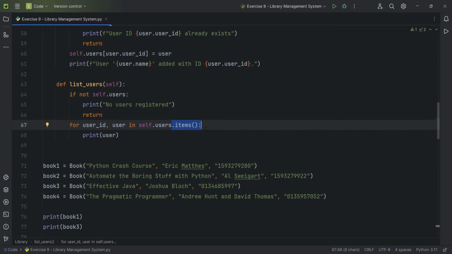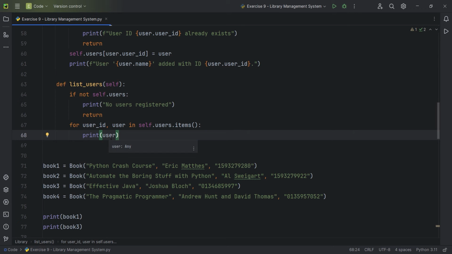Again, something that we've explained many times when it comes to dictionaries. Basically, the .items returns a tuple that is the key and the value, and in our case it's the user ID and the user. We unpack them into these two variables, or shall we say the temporary variables,